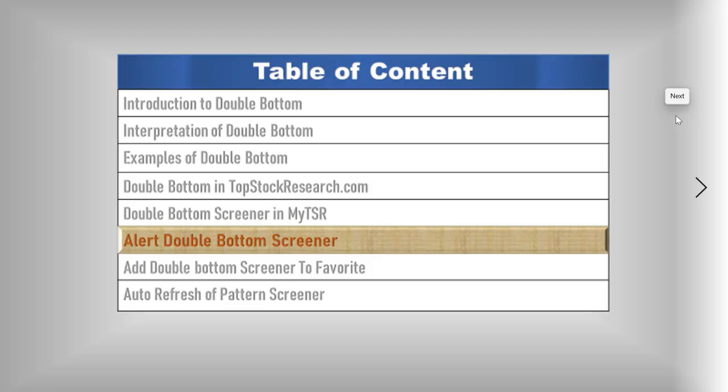Now we have seen the screener, how a double bottom screener can be used in MyTsr. Now there's a very interesting thing that we have in MyTsr, which is basically alerts. So let's say you have a stock basket, or you're monitoring 25 or 30 different stocks in your watch list, and you would like to know if a double bottom is formed in any of your stocks. In that case, you can add an alert on double bottom for your stocks in the watch list at a time